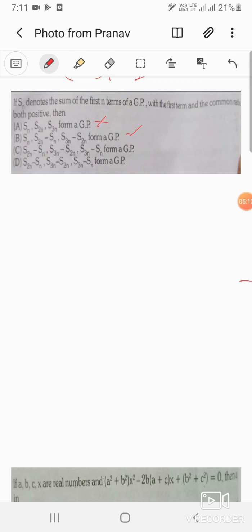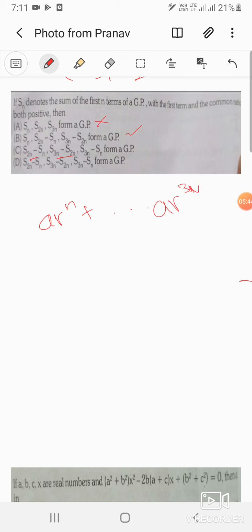I'm not going to go into complete detail of solving all the algebra, but this does look obvious that these should not be forming a GP, because look at that. S2n minus Sn and S3n minus S2n have a difference of r to the n. But S3n minus Sn, that's a different story. You just have this thing. It starts with ar to the n and then keeps going